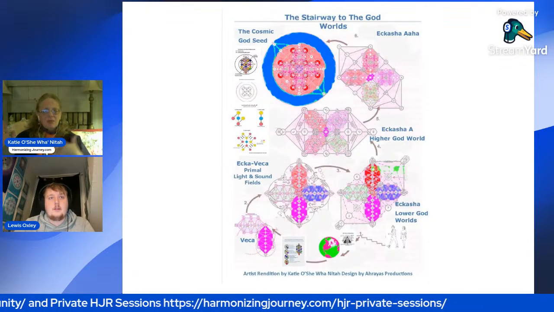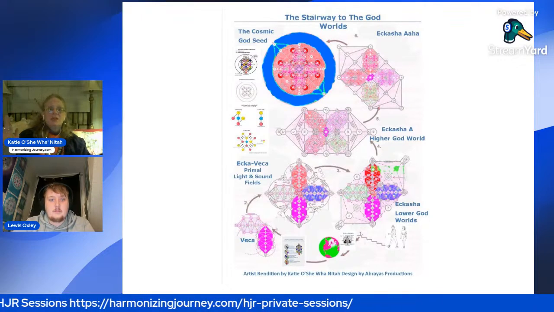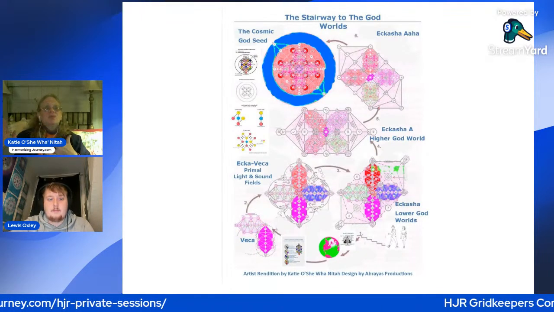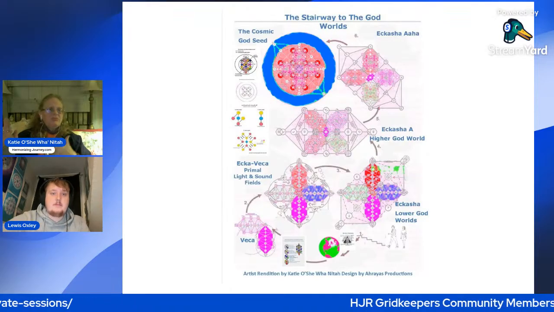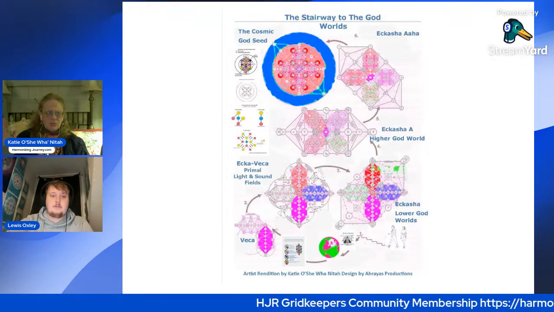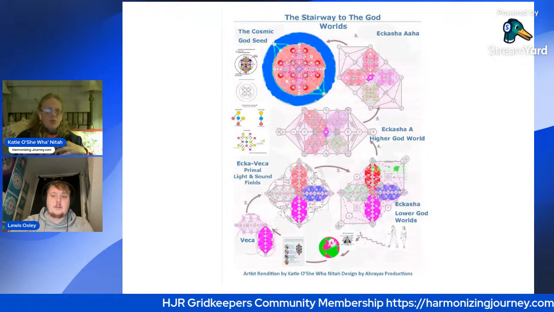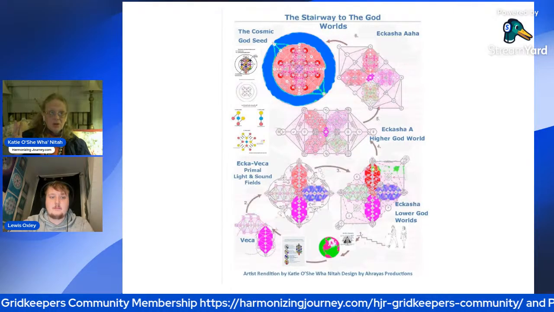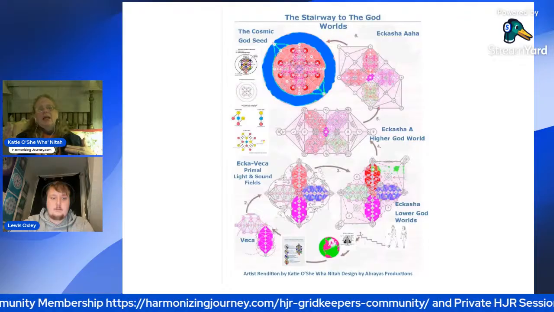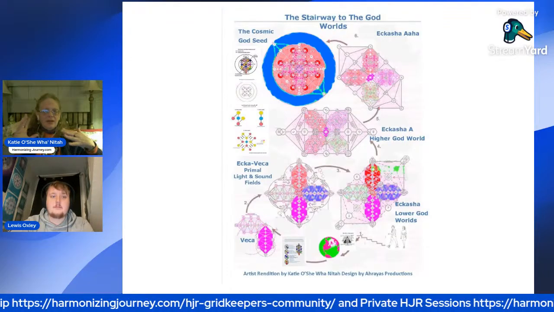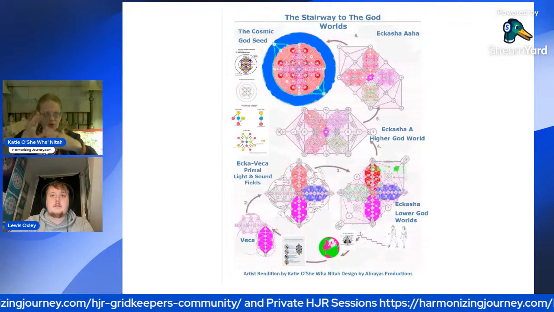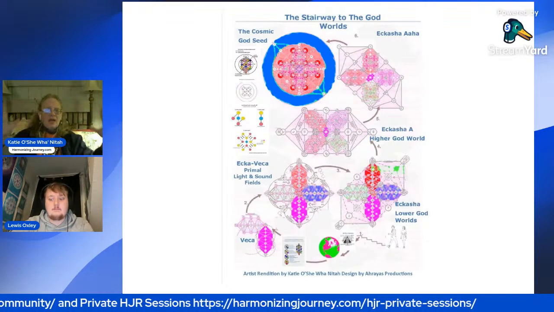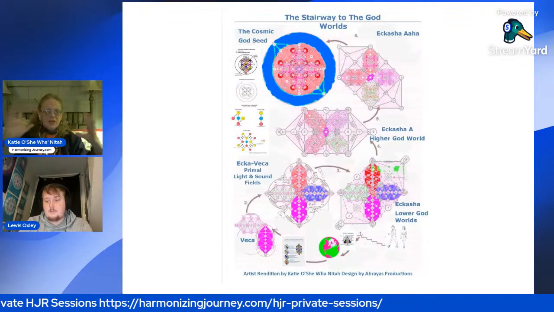They may at times want to have a private session, which we have a big discount for, 30% off a 2-hour session. So you can either do the 2-hour session in one block, or break it up into two 1-hour sessions, whatever it is that you need to work on for yourself. And then eventually, if you want to evolve into working with the core group, you can do that, which is wonderful when you get to that level.